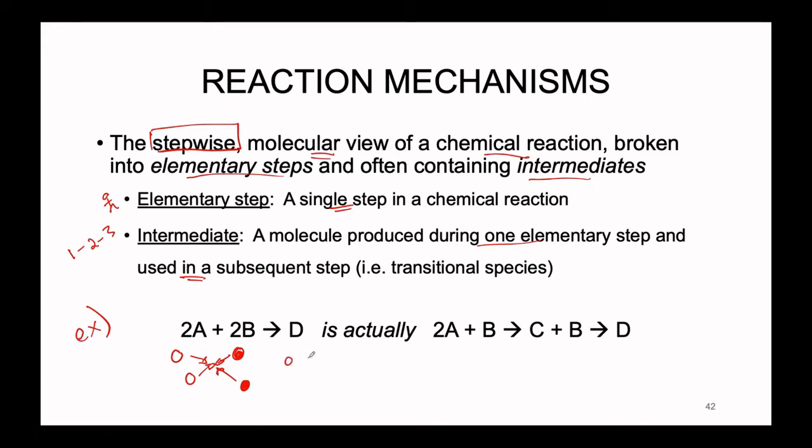So D, which is going to look a little something like this maybe, is more than likely not going to happen all in one step, right? This is asking a lot. So let's say we could break this down, even just by a single step. At some point after the reaction has begun, let's say that we have two A's coming together with a single B to create this intermediate species, C. And so C is going to be the combination of the two A's and the B, this being our first sort of reaction that is occurring. We have the species C probably looking a little something like this. Now, if we want,